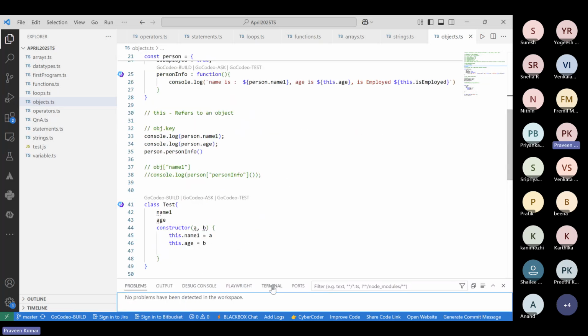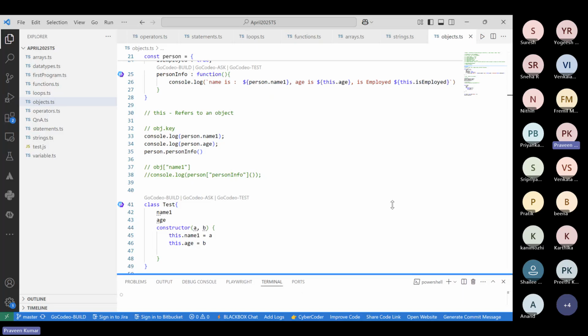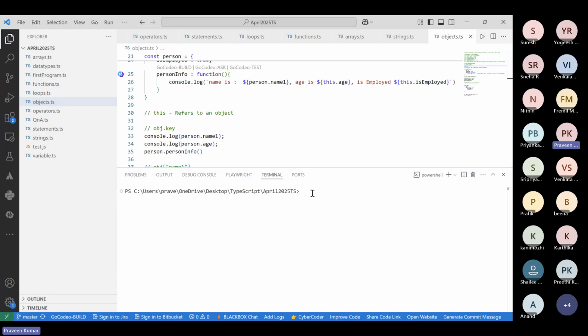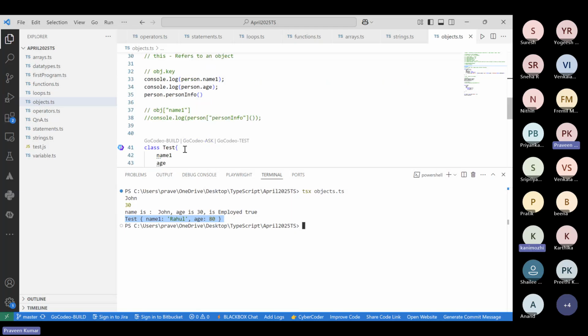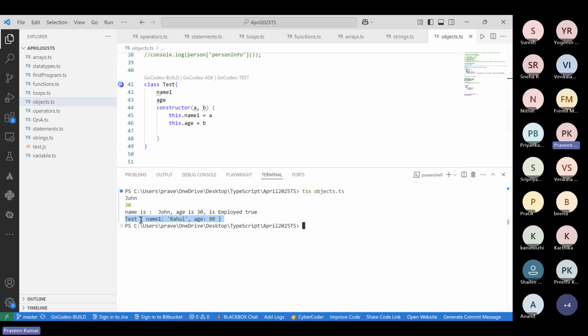If you again try to execute this, you will see something over here, which is objects.ts. And then you'll see that the last one, which is displaying as a part of the class object that we have created over here, it's also similar to